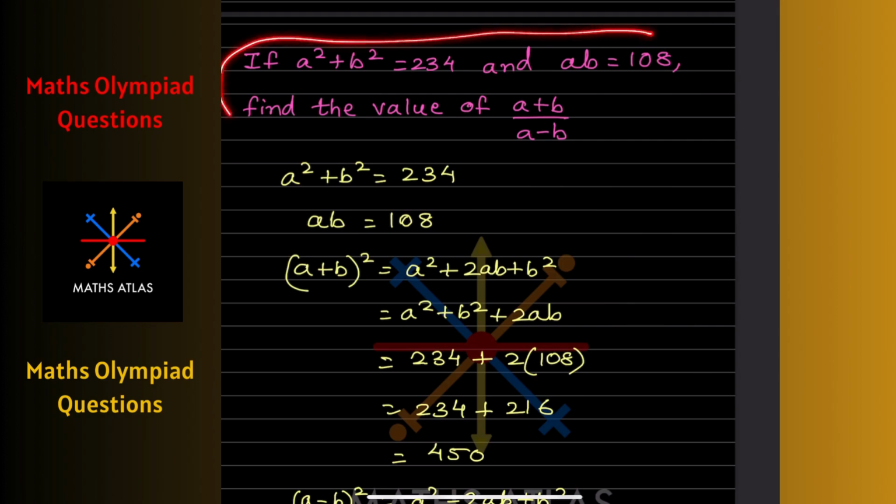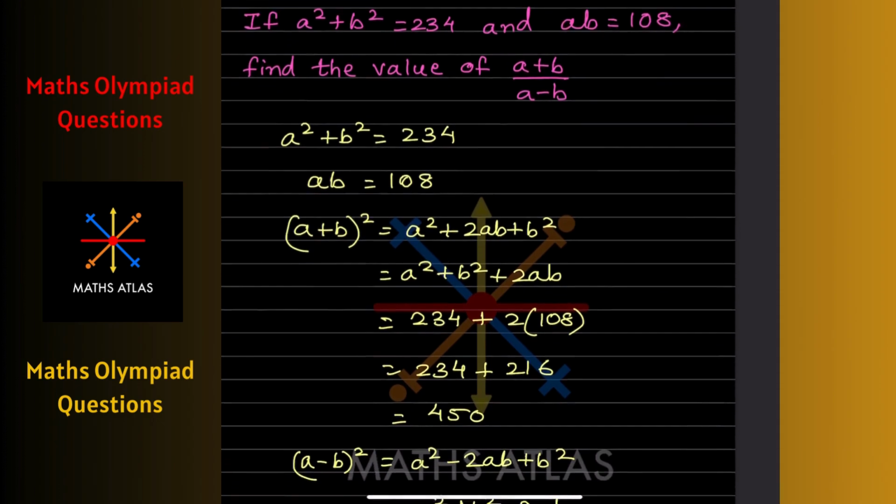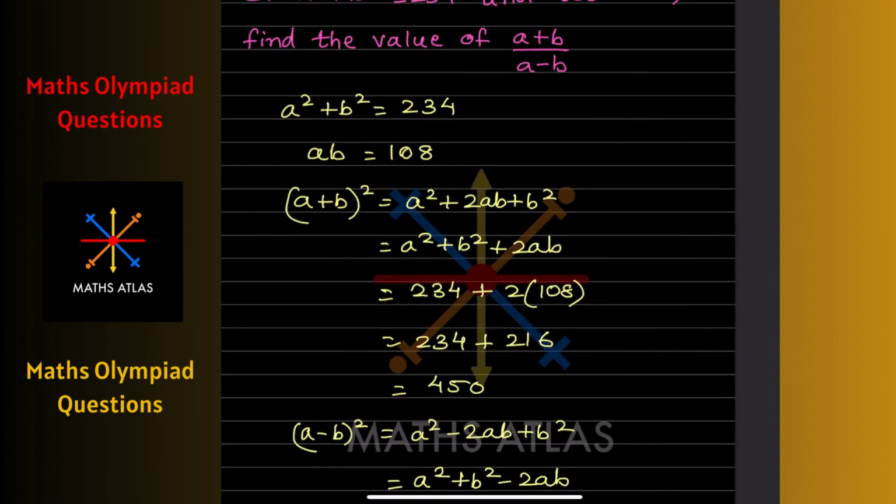So this is the question given. We have to find the value of a plus b divided by a minus b. We cannot find this directly. So first, let us start with this: if a square plus b square is equal to 234, and ab is given as 108. So you know the formula for this one. We don't have a direct formula for a plus b, but we can use this formula first, that is